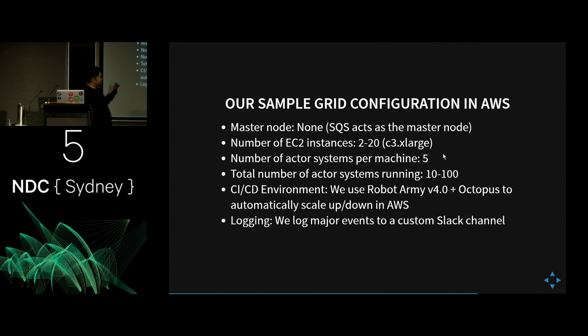Now, for EC2 instances, this is the interesting part. Depending on the load, we fixed it to a minimum of 2 instances just so we had redundancy. But if there was a high amount of traffic, we would scale up to 20 nodes, and that would come out to be 100 actor systems in parallel. With this kind of scalability, this is not something you could easily pull off in a cluster. A cluster wouldn't be able to handle the fact that you're taking out and putting in so many nodes at once, depending on the demand, which is what we needed.